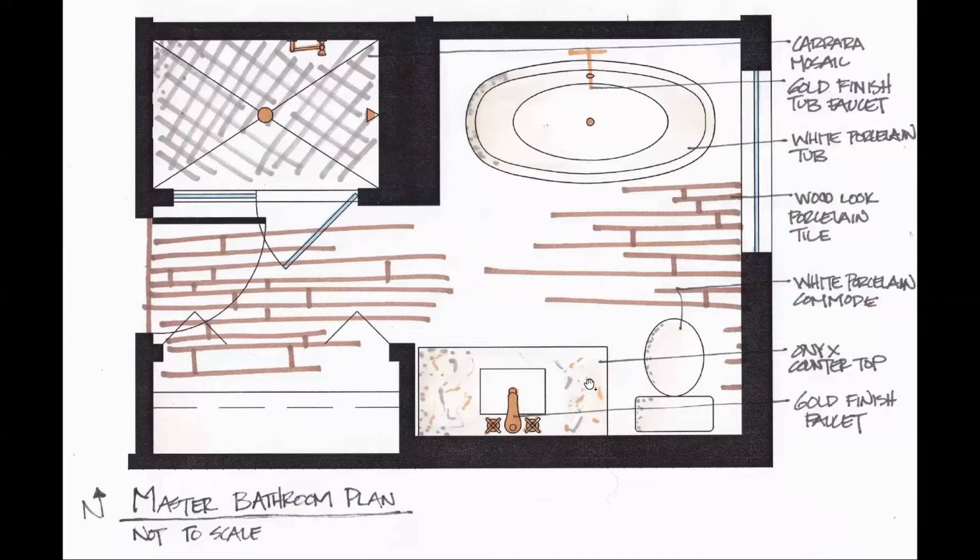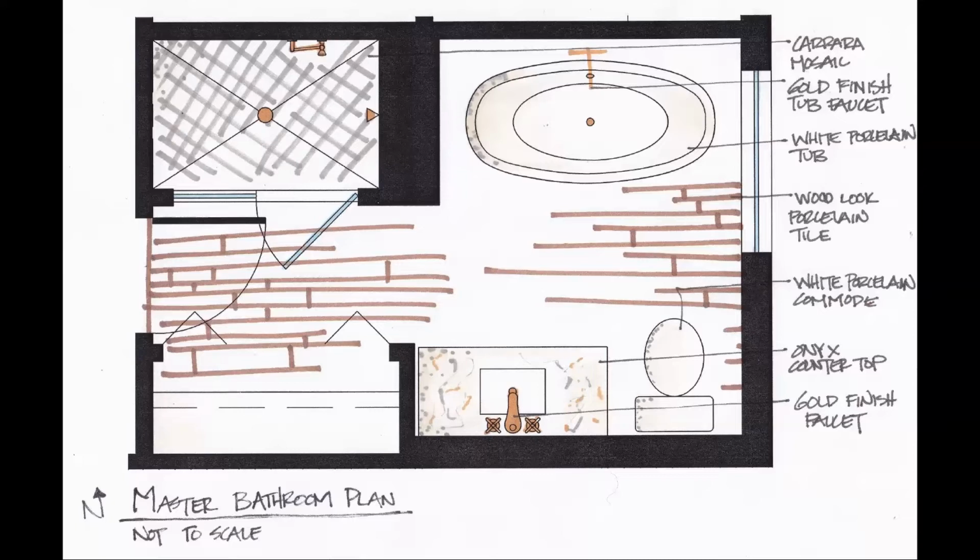I've also used the markers here to represent a combination of a scumbling technique as well as some stippling to indicate the onyx countertop. I've applied solid color to indicate the gold hardware. And then if we come over to this shower stall, I have created a series of cross hatching here to indicate the textures. So I've got cross hatching, stippling, and parallel lines as my graphic techniques to indicate texture.